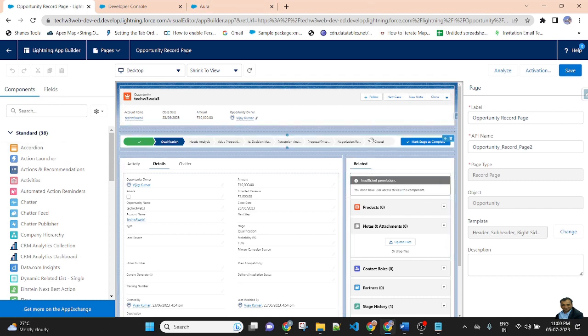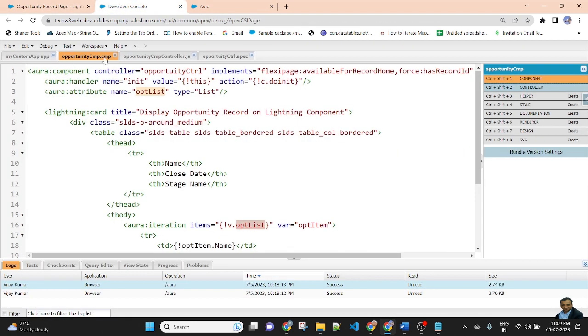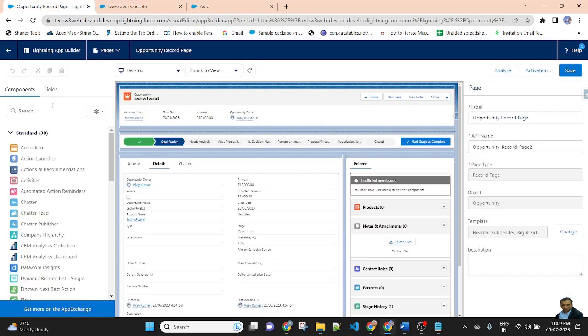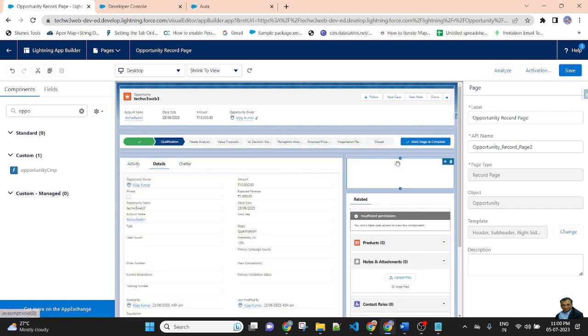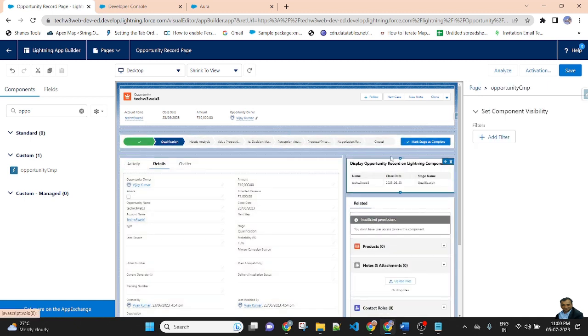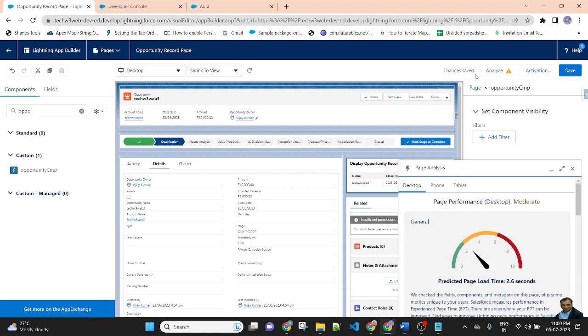My component name is opportunityCMP. Search here. This is my opportunityCMP component. Select it, drag and drop here. Save. The layout has been saved. Then go back.